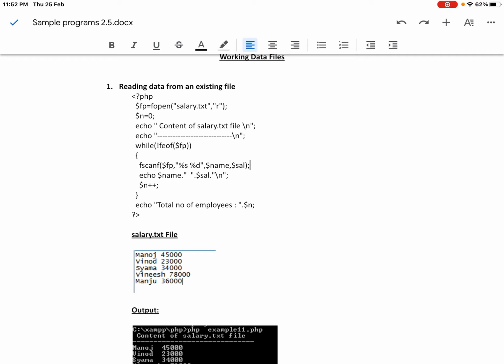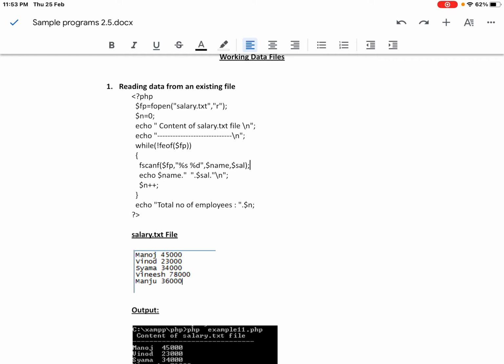Before reading from a file, it must be checked whether the file pointer fp is at the end of the file. If not, reading is processed. Here we are reading using the fscanf function.